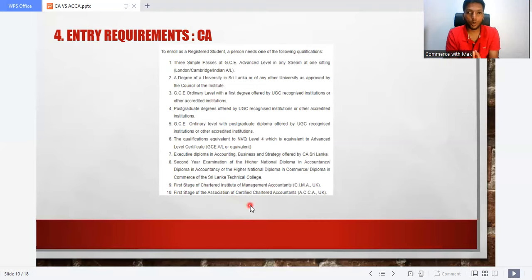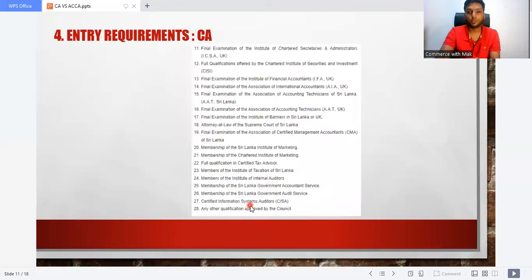So all these requirements they have given. If you feel that you are falling under one of these requirements, you can join CA Sri Lanka. If your requirements are not there, or if you feel something is wrong with your education, you can comment in the comment section, so I can guide you and assist you on what you should have to get into CA. Then you have the final examination of the Institute of Chartered Secretaries and Administrators,